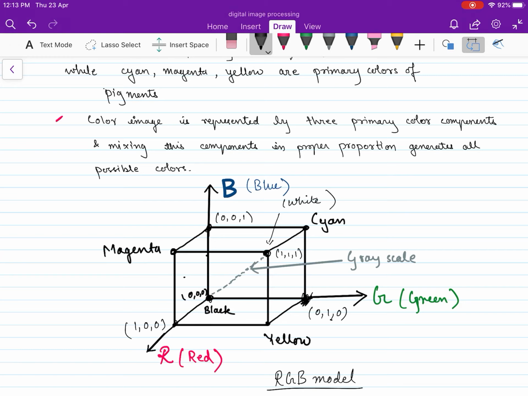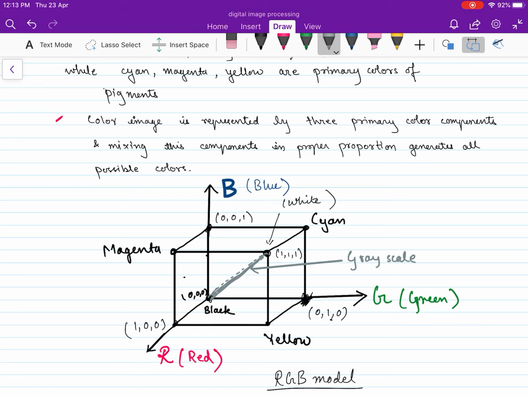As we move from black to white, different shades of gray will be found along this line. This is also known as the intensity line. So as we move from black to white, we will have different combinations of gray colors.